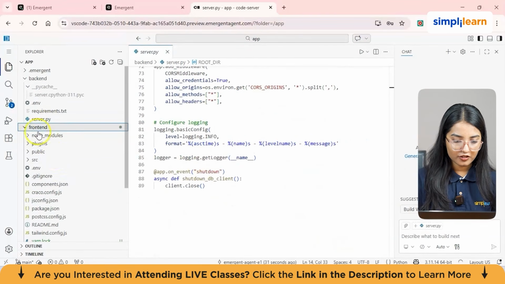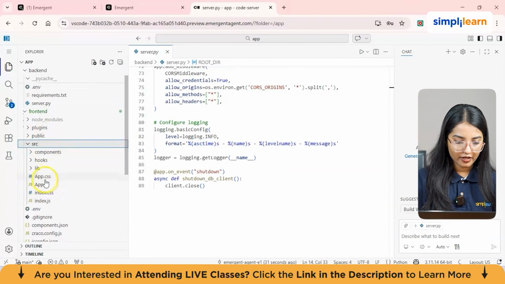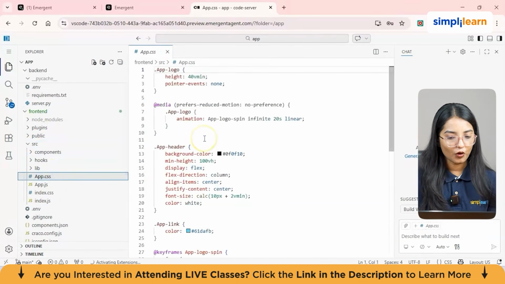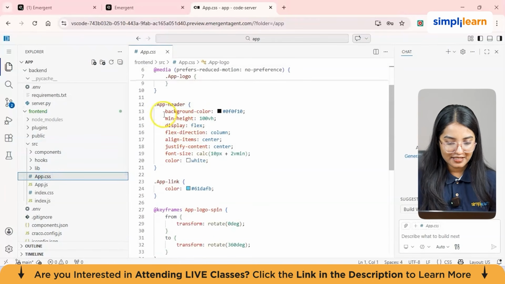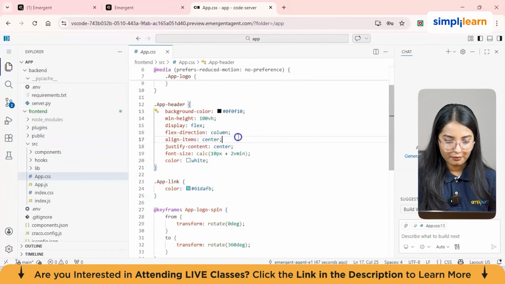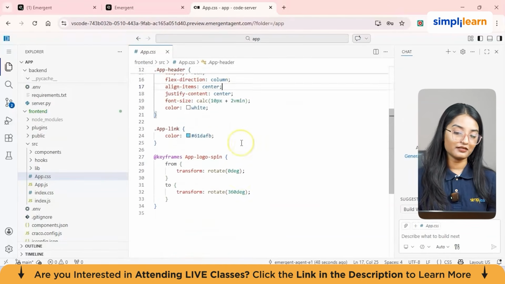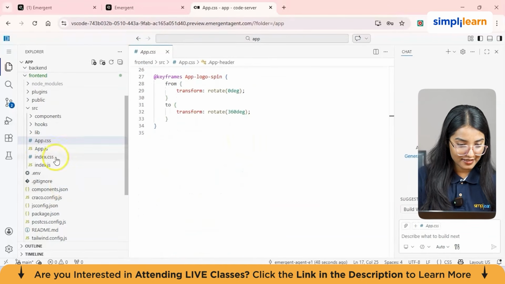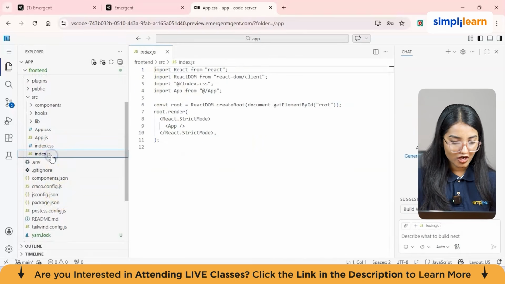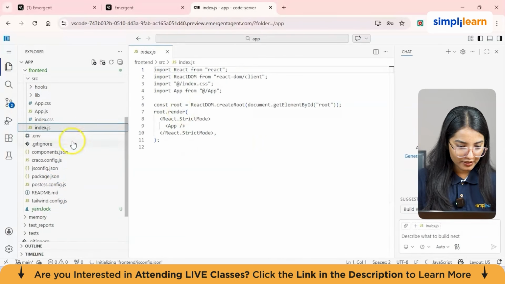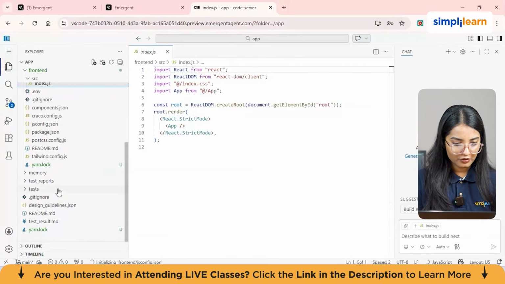Also for the front end section, we can have a look at the source, and you can just look at the app.css. I mean, what colors is it adding? You can see the background color, this color palette number it has given, the animation, app logo spin, really cool, amazing, and it's pretty fast. I can see from here it is using JavaScript to actually write the code for me. And yeah, this is pretty cool for now.